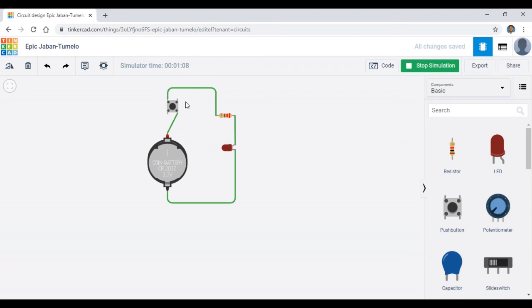So it is always better to use the 1A 2B and 2A 1B combinations of the push button terminals only.